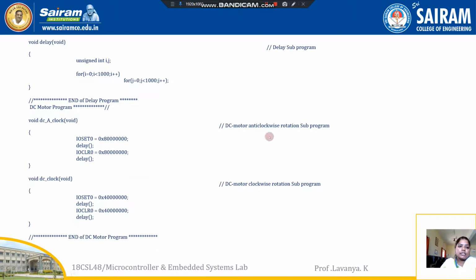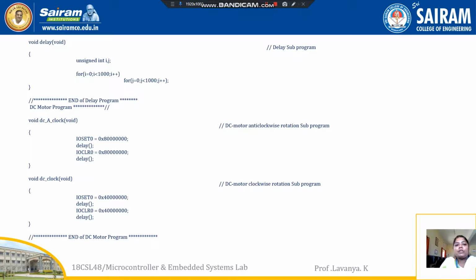After that, in the void delay function, I am going to use two local variables, i and j, in a for loop: i equal to 0, i less than 1000, i plus plus. The next one is j equal to 0, j less than 1000, j plus plus.